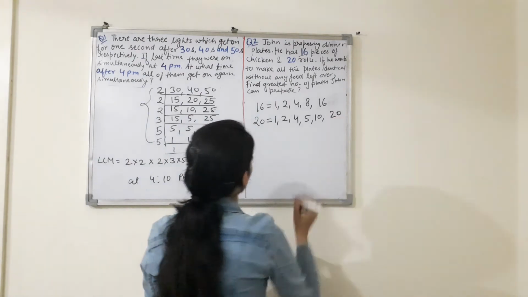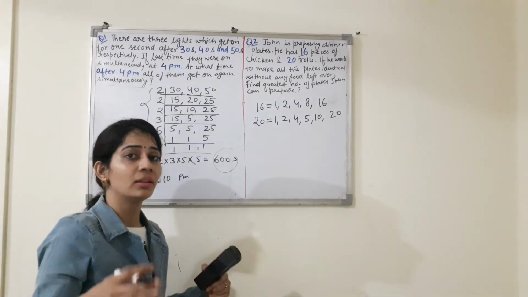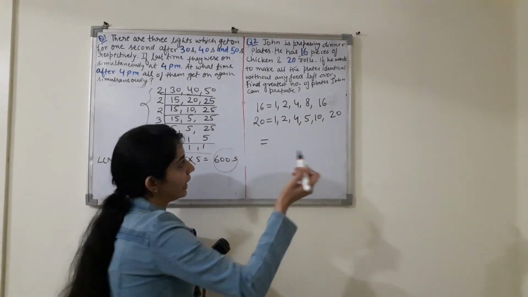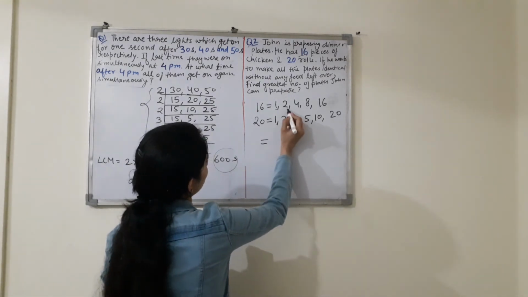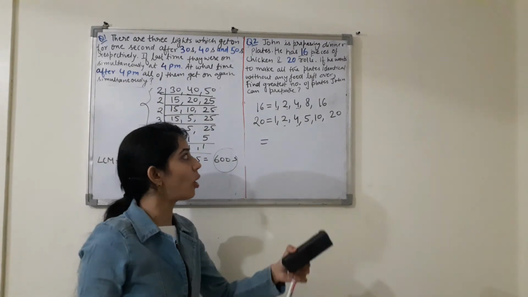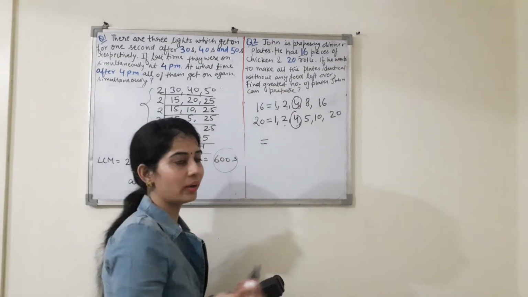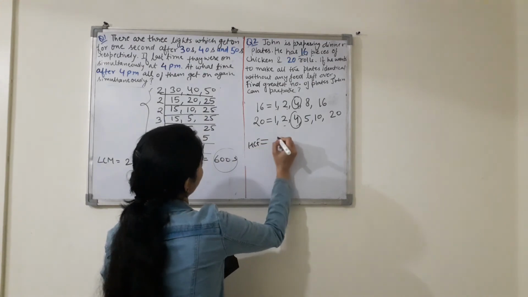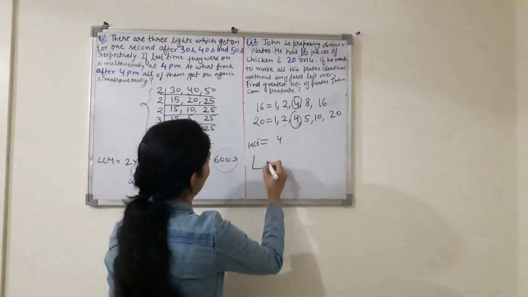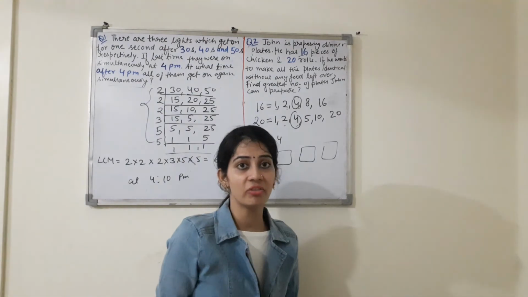Right? Now, so what will be the highest common factor? So we will look at the factors that are common and highest among all the factors. Right? So you can see first you will identify the common factors. 1 is here, 2, then 4 is here, then no other factor is common here. It means what is the highest common factor? That is your 4, right? So the highest common factor is 4. It means that John will prepare 4 plates, right?